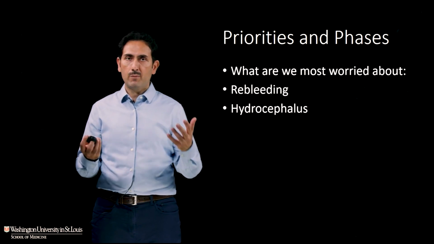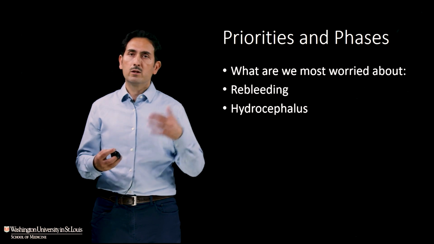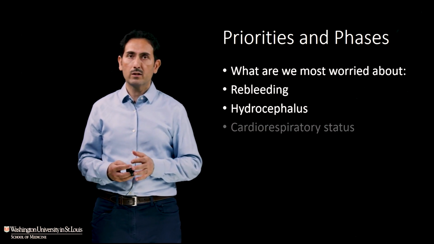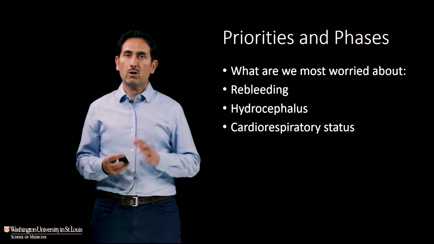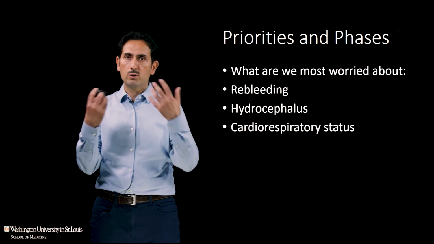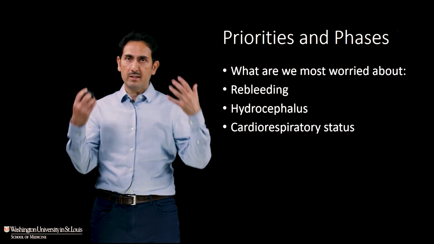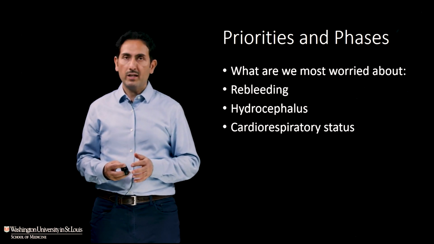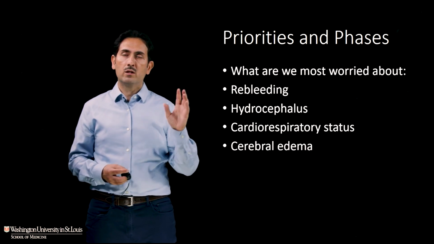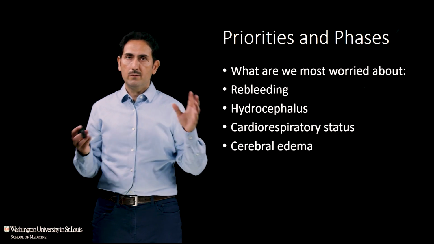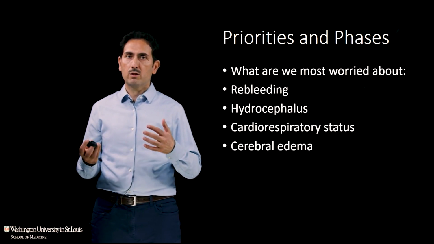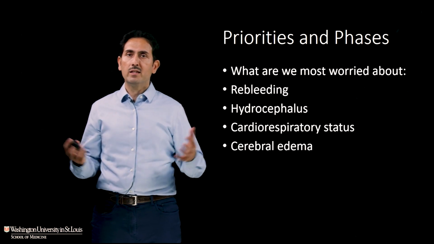If the patient has headache, vomiting, signs of increased intracranial pressure, placement of a ventriculostomy drain to drain out that fluid is necessary and can be life-saving. And the other thing we'll talk about is the cardiorespiratory status. Again, subarachnoid hemorrhage affects not just the brain, but also the body through the severe acute injury that then triggers a cascade of events that affect the heart and the lungs and even the kidneys. So you need to pay attention to how the heart is doing, the blood pressure, and monitor for arrhythmias. Then, as we'll talk about, this can trigger cerebral edema, which is brain swelling, in the days after.